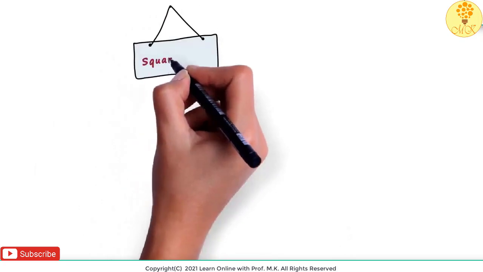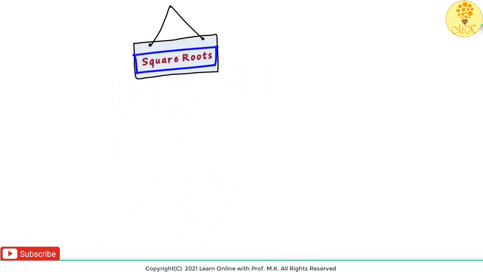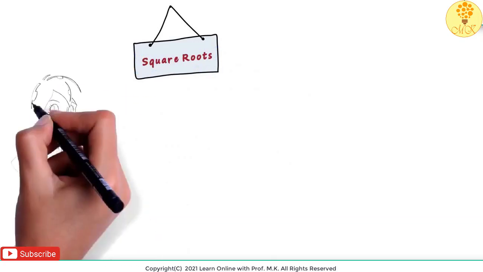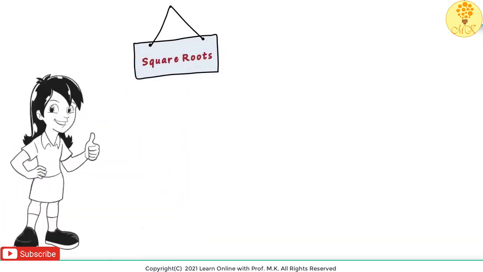Now that we know how we can find the square of a number, we can try to understand what square roots are. This is a topic which many students find really difficult to understand. So here's a chance to understand this topic well and score better. Consider any number. Say 4.